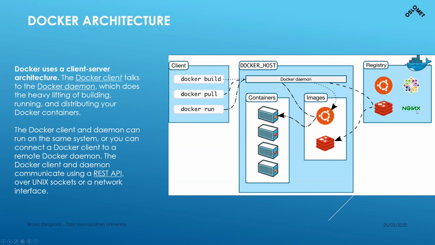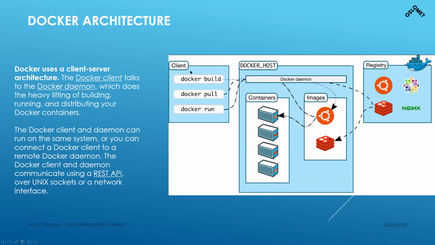You can have your own web servers. You can have your Ubuntu image, literally whatever you want. I have my 5G core network in the Docker Hub, so it's like an 11, 12 gigabyte container. It's insane. The Docker host is the computer from which you're running the daemon. Literally, it can be a VM, it can be anything. It can be an Amazon instance, an OpenStack instance. On that instance, you will have the daemon controlling your images and containers.